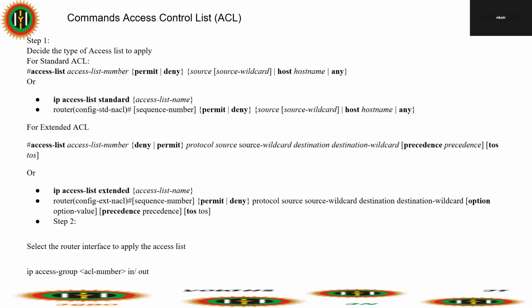When we apply it on an interface, we have two directions. Either you are applying it in the in direction, which is the ingress direction, or you're applying it in the out direction, which is the egress direction. You can configure this and do very, very well,